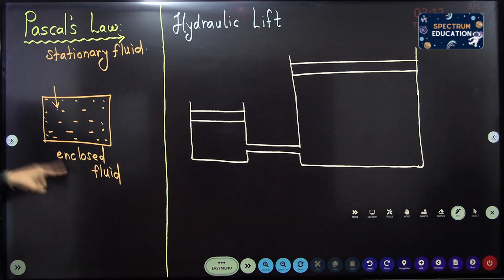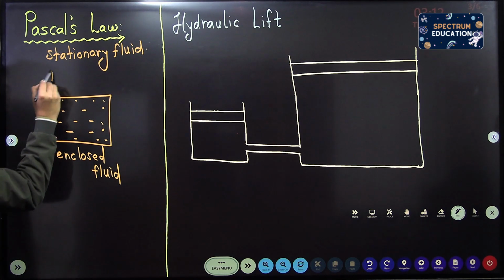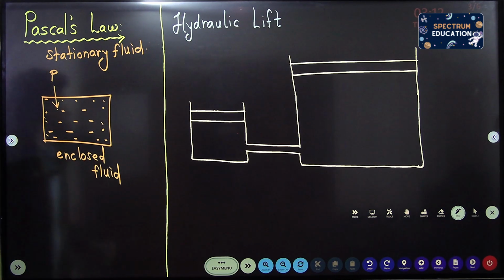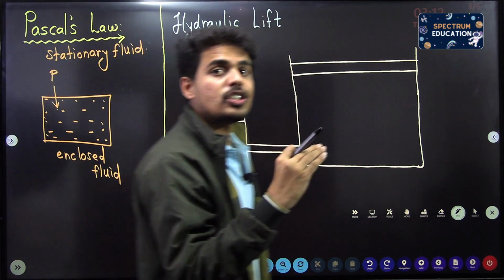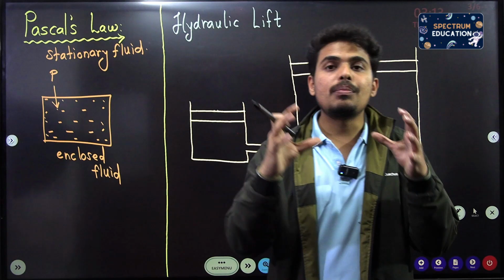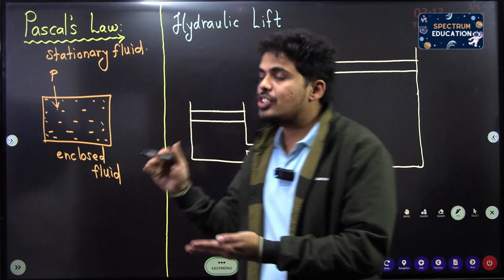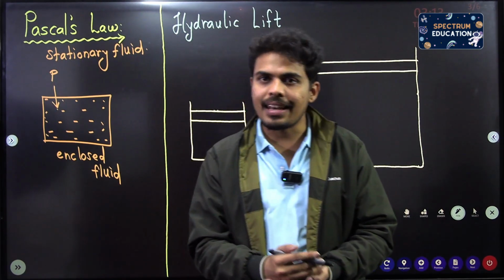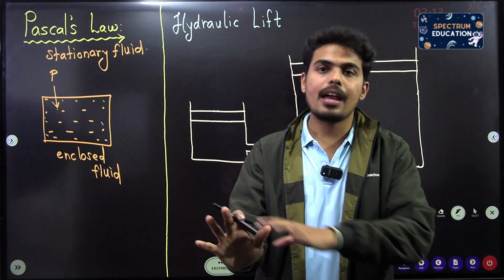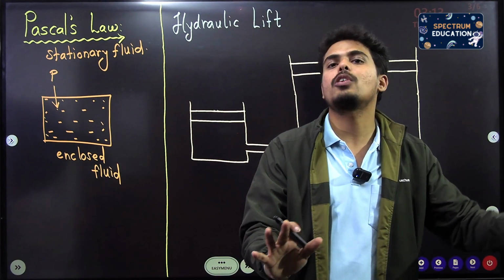at any point in that enclosed fluid, if suppose the pressure acting is P, then Pascal stated that this pressure is equally transmitted to every other particle. वो जो प्रेशर होता है वो प्रेशर हर एक पार्टिकल को ट्रांसफर किया जाता है विदाउट डिमिनाइजिंग. सो जो प्रेशर है वो डिमिनिश नहीं होगा, यानी वो कम नहीं होगा. जितना प्रेशर मैंने एक पार्टिकल पर अप्लाई किया है उतना ही प्रेशर हर एक पार्टिकल पर अप्लाई